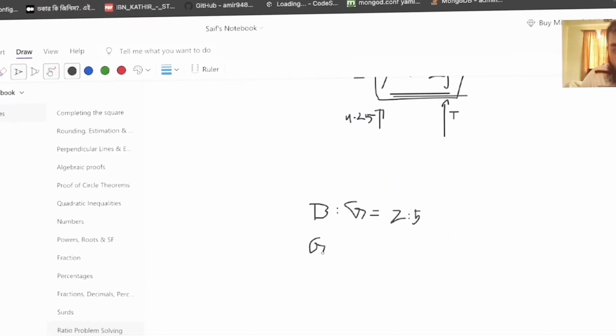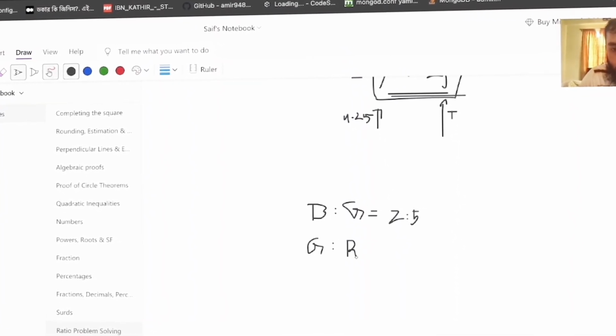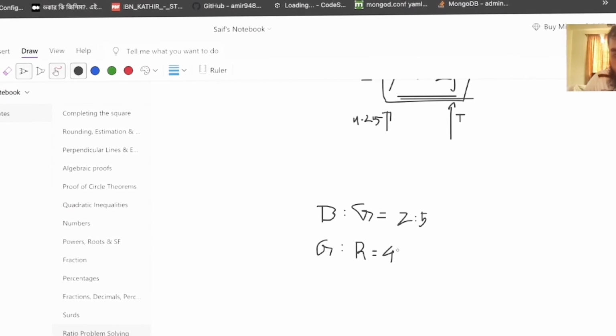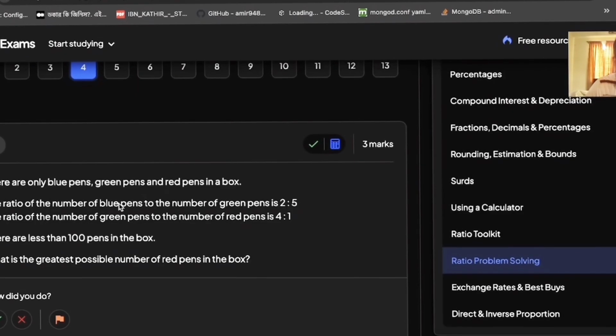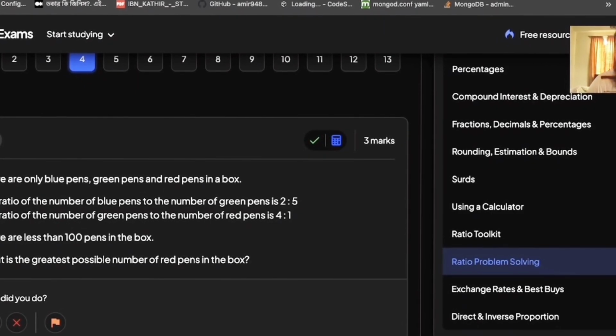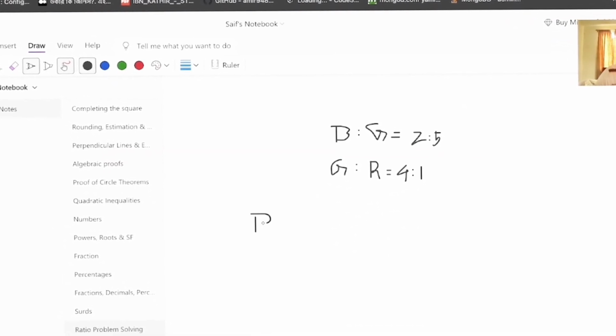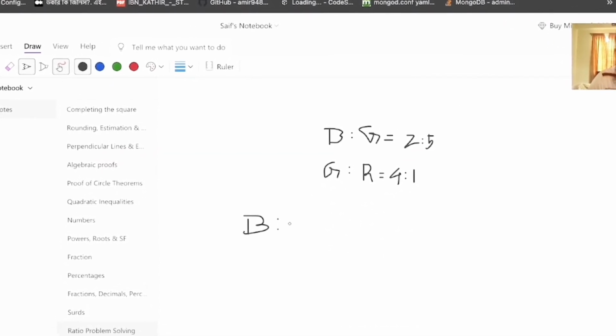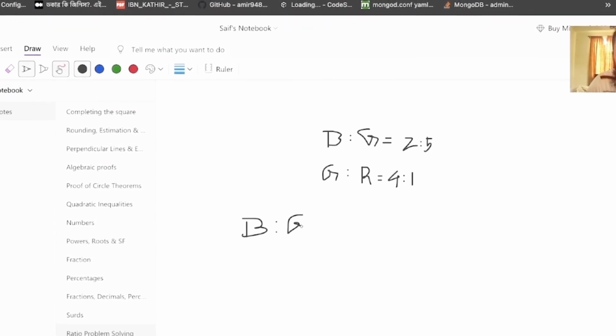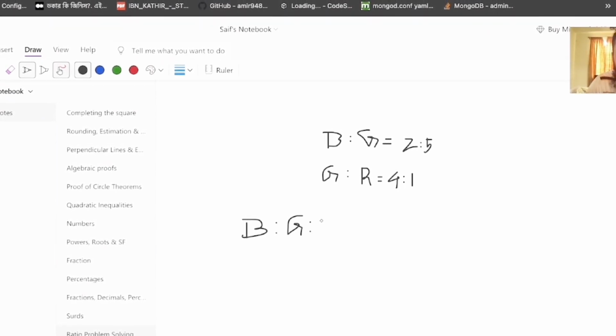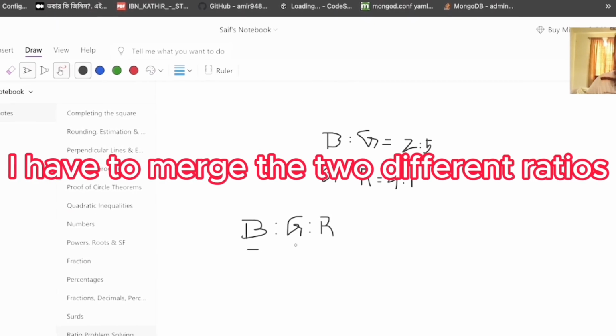So if I want to figure out the ratio of the number of blue pens to the number of green pens to the number of red pens,